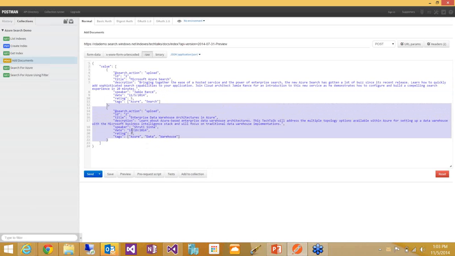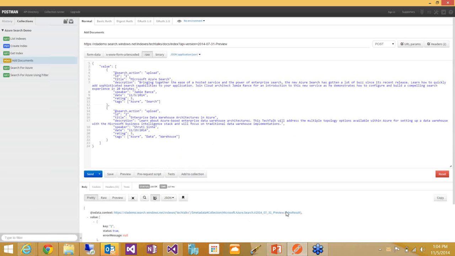And then the second object that I'm sending is another Tech Talk that's going to be done by Shruti in a couple of weeks. The title of this is Enterprise Data Warehouse Architectures in Azure. Highly recommend you checking that out. We have a description here for that Tech Talk. We have the speaker information. We have the date, another rating of 5. And then for the tags here, we have Azure, Data, and Warehouse. So now if I issue this POST request,